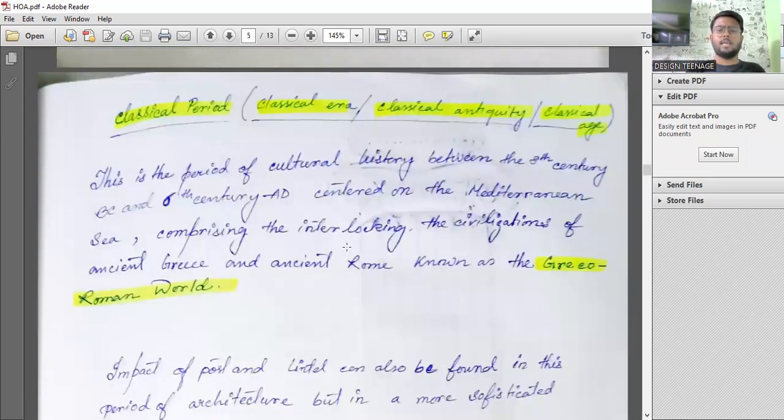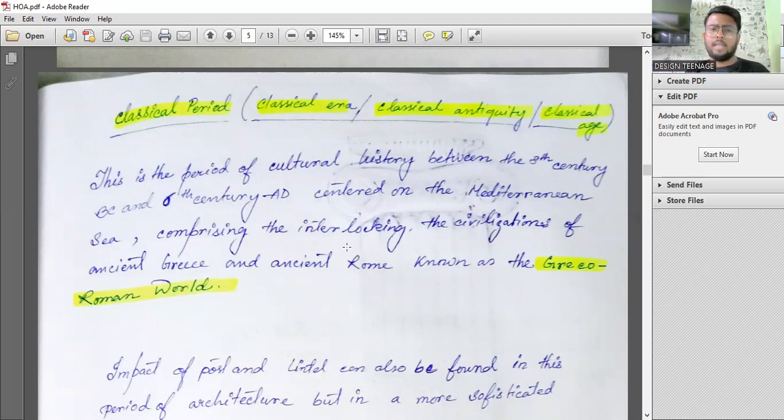Now we start with the classical period. Make sure you understand all these things and have a proper idea. Whatever is important, the sum-up of everything has been given to give you an idea that this is the civilization, this is the era, this is how we are evolving, and this is all about it.